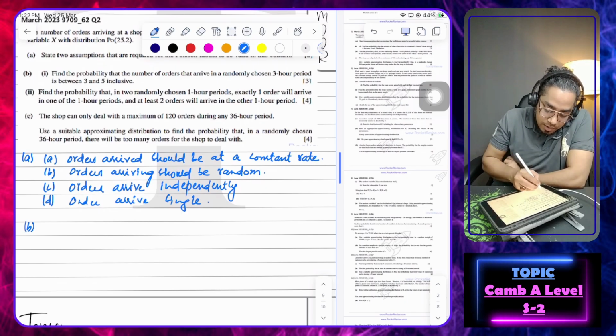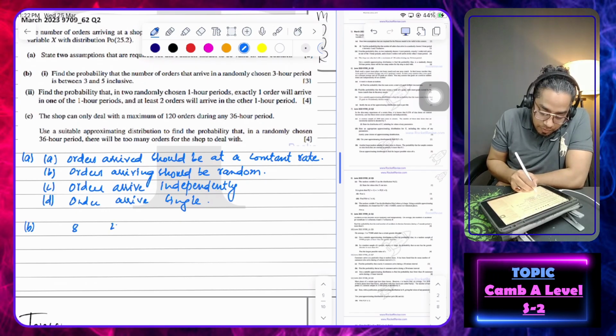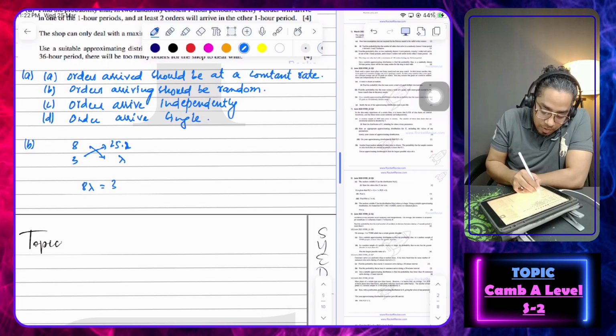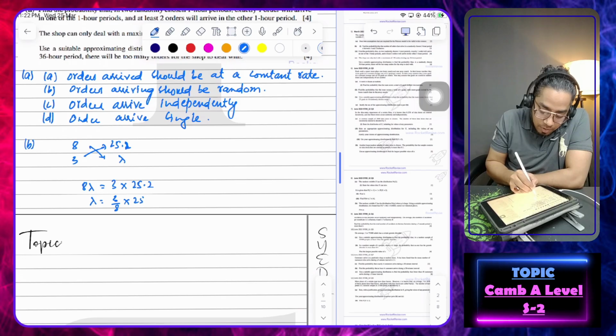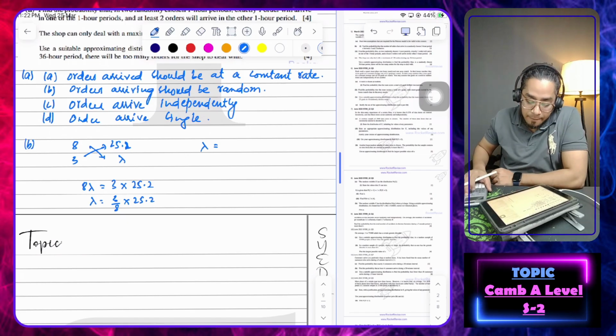The 8 hours period was having 25.2. Now we are having a 3 hour period, so what should be our lambda? 8 lambda equals 3 multiplied by 25.2, so lambda will be 3 over 8 multiplied by 25.2. So my new lambda is exactly